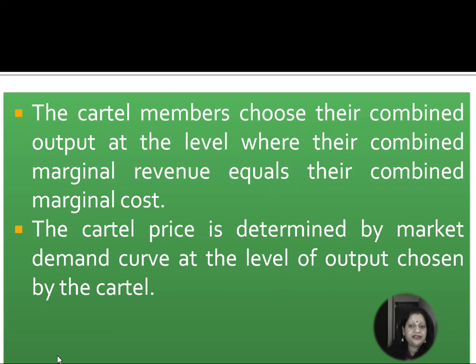The cartel members choose their combined output at the level where their combined marginal revenue equals their combined marginal cost. So their motive is to earn profit until the situation where marginal revenue becomes equal to marginal cost. So what do you mean by the word marginal? That the